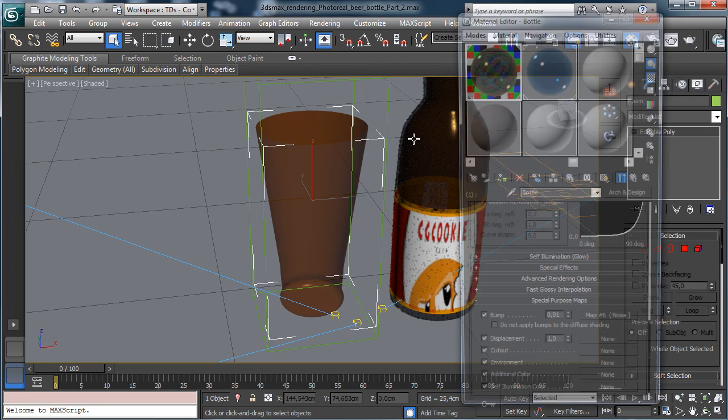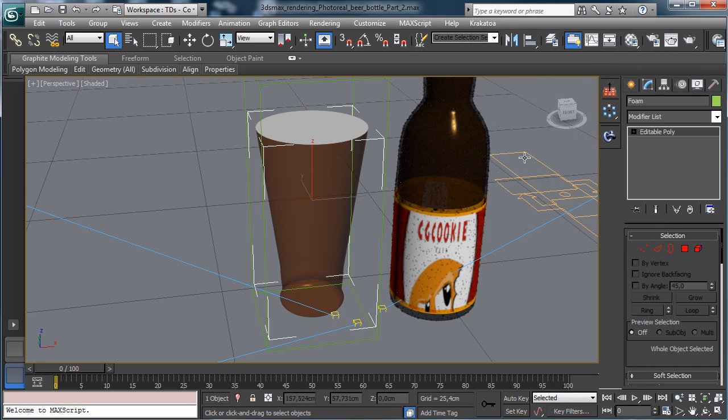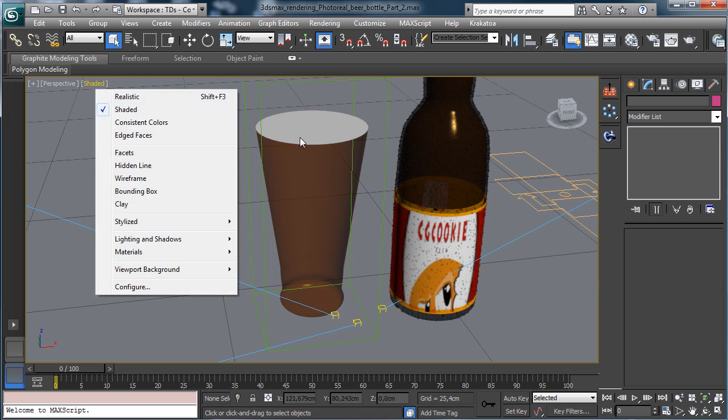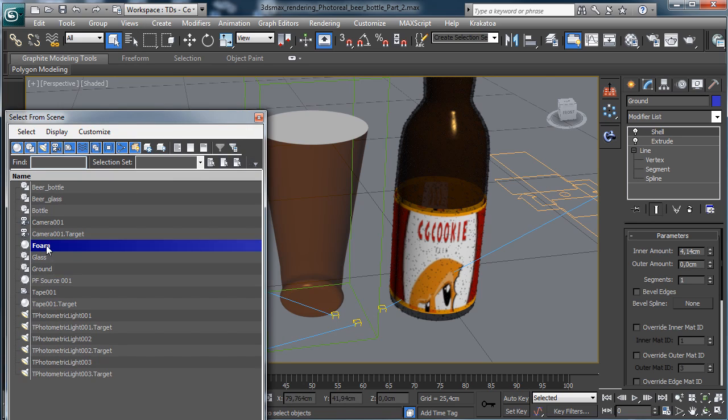Okay, and we can assign a simple shader. Okay, then let's check. Let's select the foam. Okay,